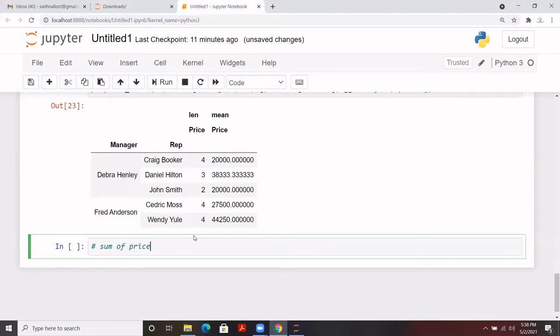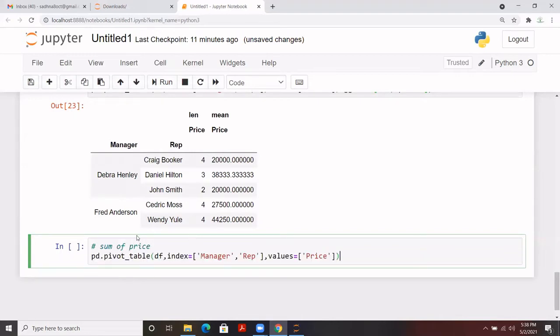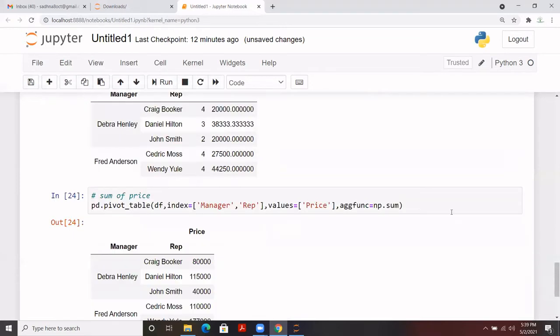So how can we do it? Let me copy the same code, and in the aggregate function I can directly pass np dot sum, either within a list or without a list. In case you have to pass more than one value to the aggregate function, we will always use a list to do this.